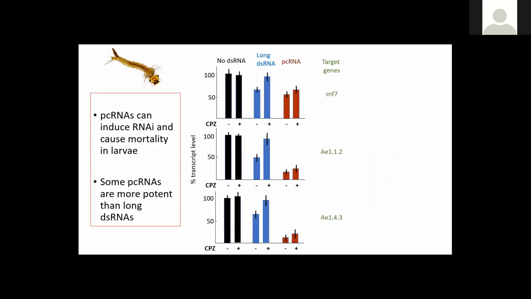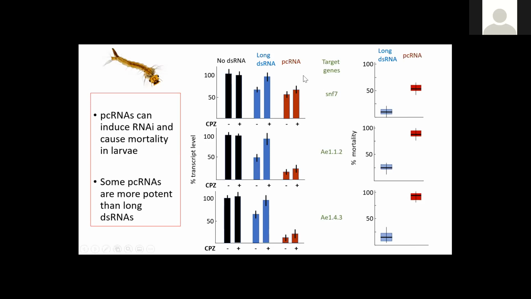We have now tested several different paperclips targeting different genes. And what we find is that in general, they behave better in terms of knockdown than the long double-stranded RNAs. Here you're seeing 3 different target genes, and the bars in red are showing that the paperclips are showing stronger knockdown than the long double-stranded RNA without chlorpromazine. So here we're seeing again, the paperclips are showing knockdown even in the presence of chlorpromazine. And in this panel,